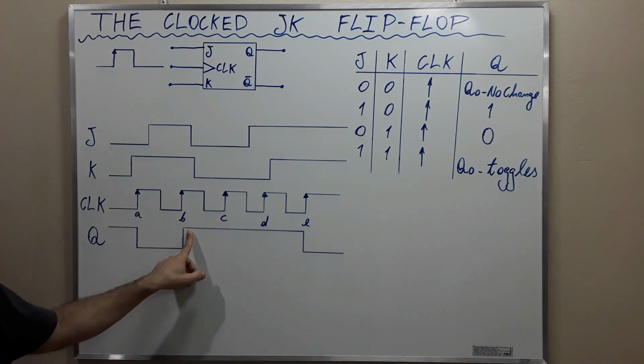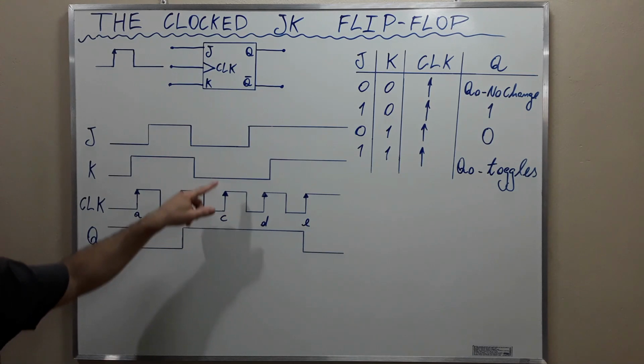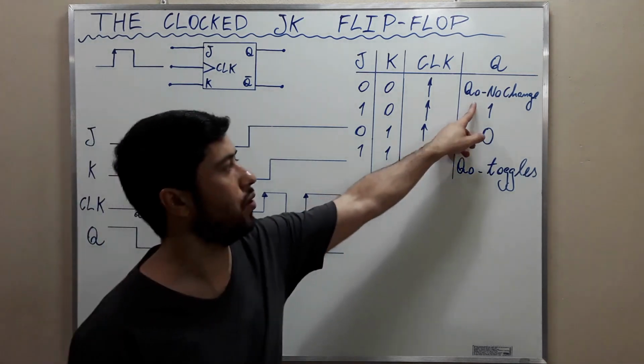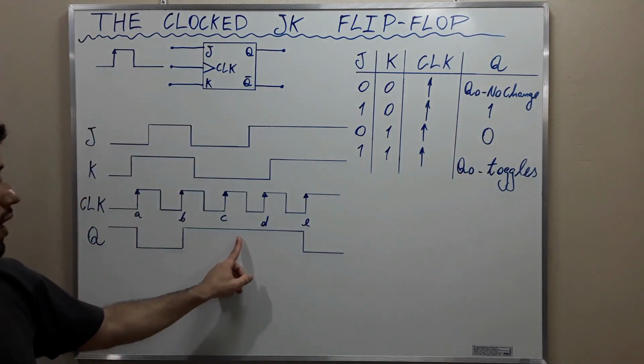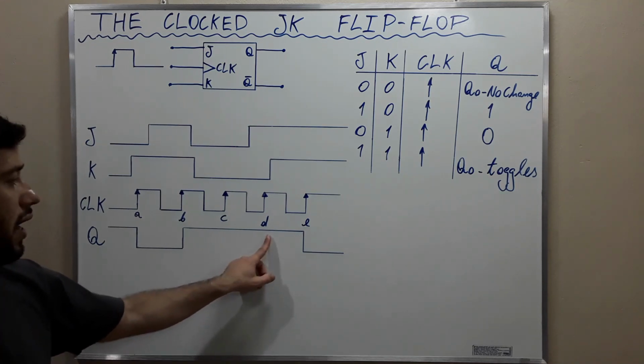Next, the flip-flop will respond to the inputs only at the occurrence of the subsequent positive-going edge of the clock. At C, both K and J are 0, and the output will not change. The output stays the same. And the flip-flop will respond to the inputs only at the occurrence of the subsequent positive-going edge of the clock. At D,